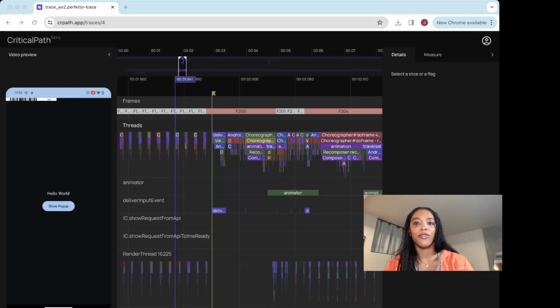This video will cover the details of one of CriticalPath's unique features, the execution path. The execution path is created from a chain of connections between slices which represent functions and processes that are occurring